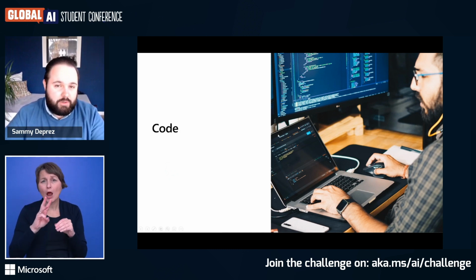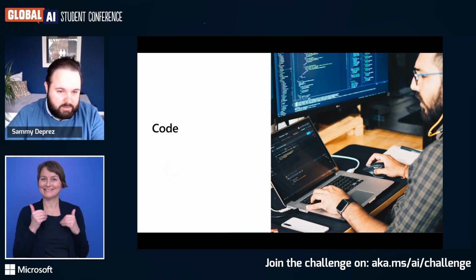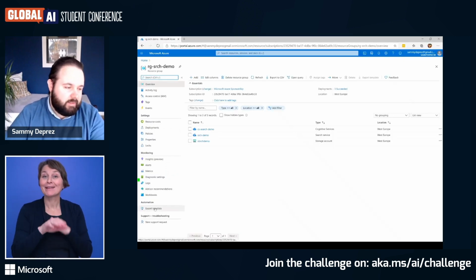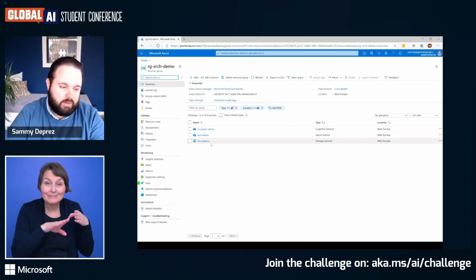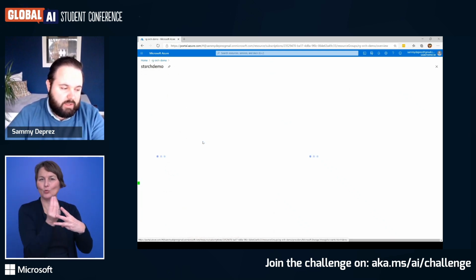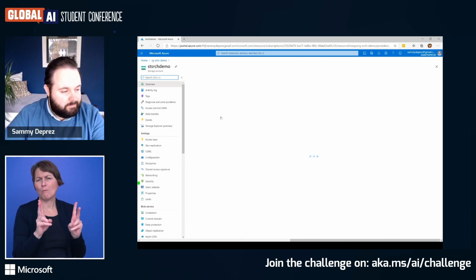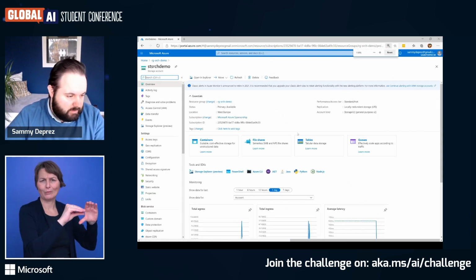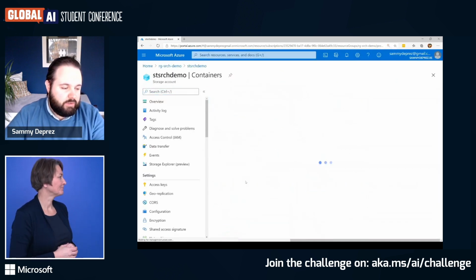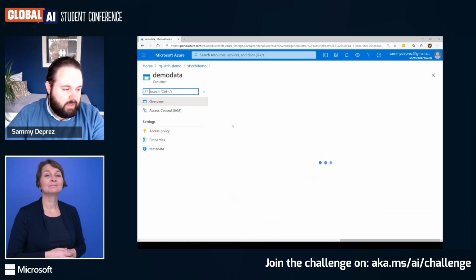It all starts, of course, in the Azure Portal. So let's go to the Azure Portal, where I created 3 different resources. I'll start with the first one, which is a classic storage account, which contains, and I'll zoom in a bit so it'll be clear for everyone, a container with some data.